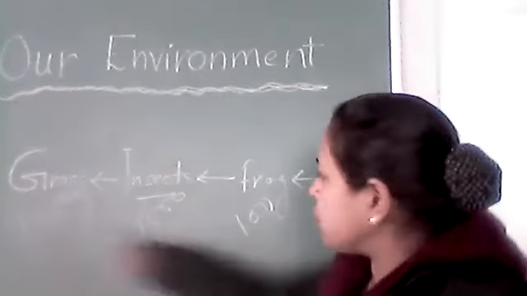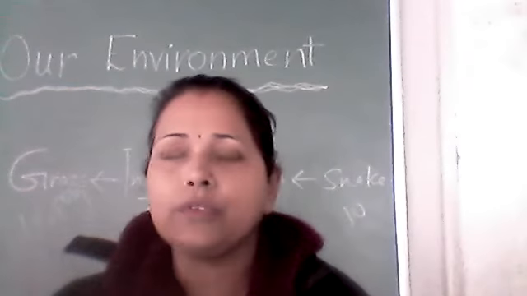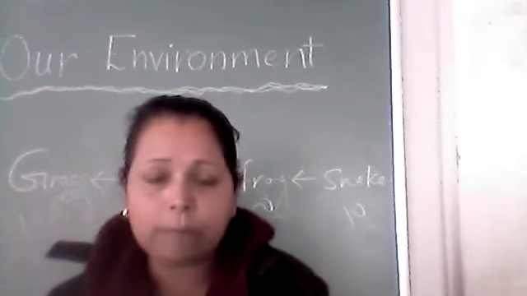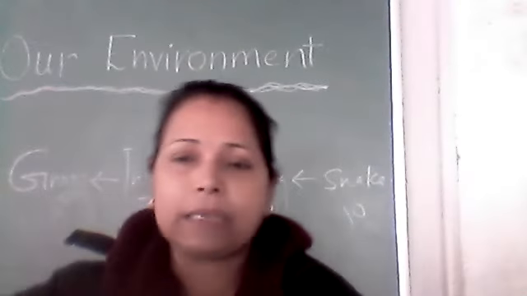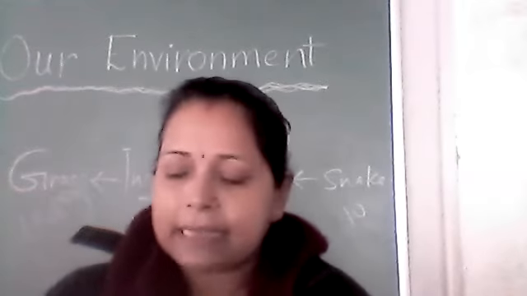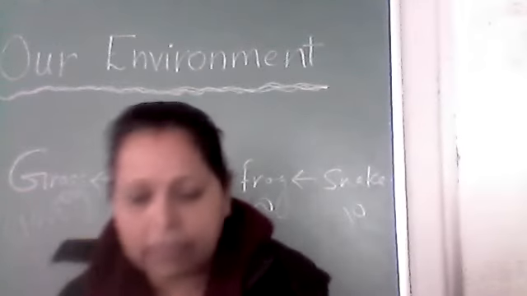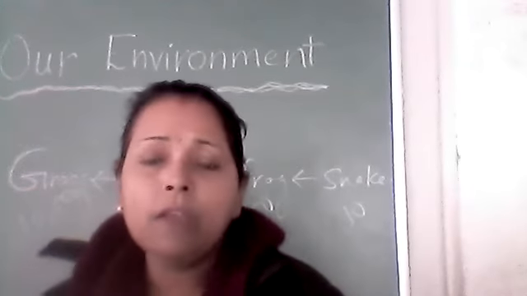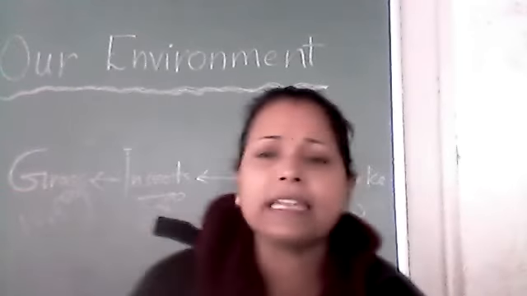In this way, by taking a simple example, we are going to find out how energy transfers from one trophic level to the next. Only 10% of the energy goes to the next trophic level. The remaining 90% is used for respiration or digestion, or is simply transferred into another form, because in physics, energy can neither be created nor destroyed. You have learned the law of conservation of energy.